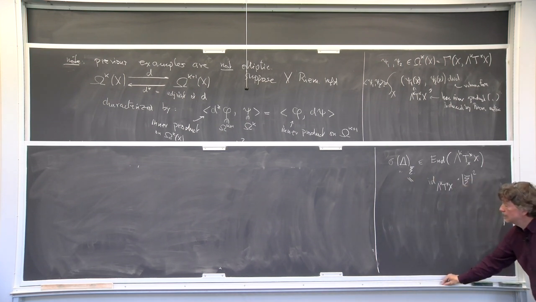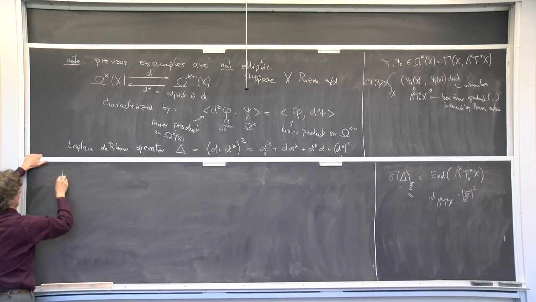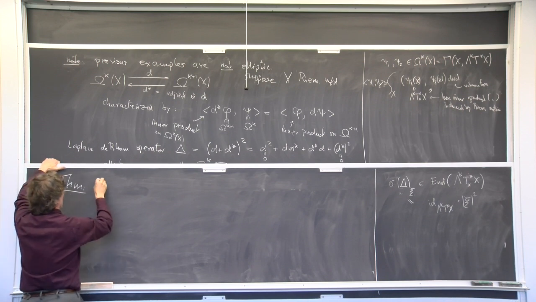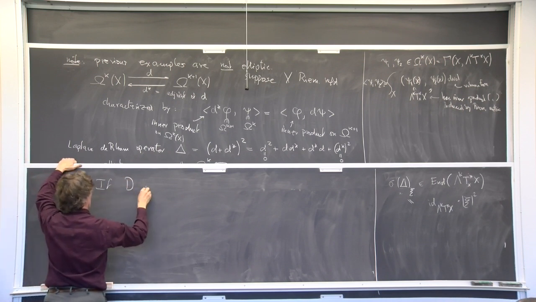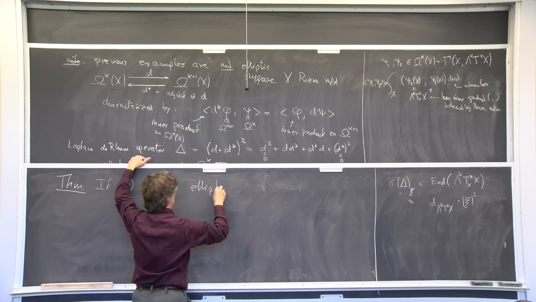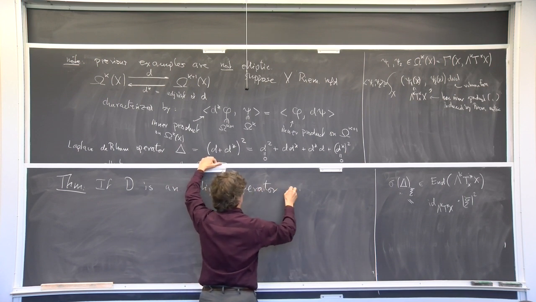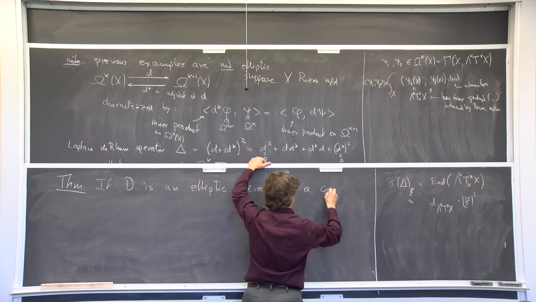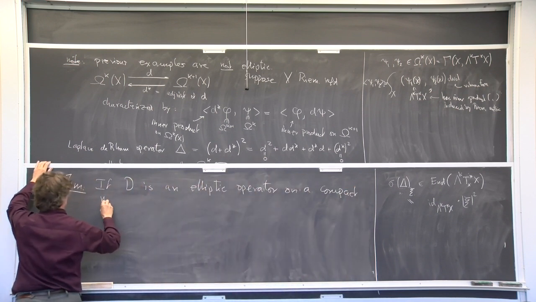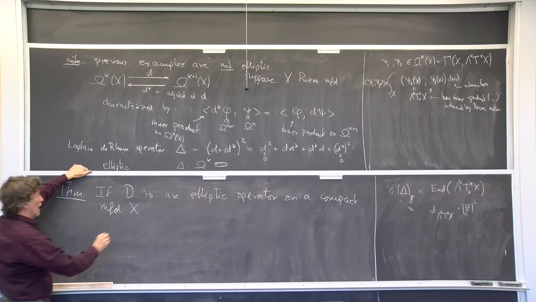Okay. So here's sort of the main theorem in the subject. It says if D is an elliptic operator on a compact manifold, and I'm always thinking of manifolds without boundary here, then